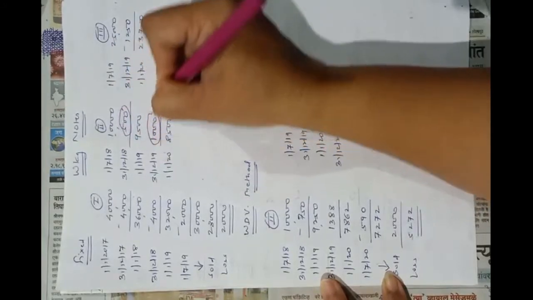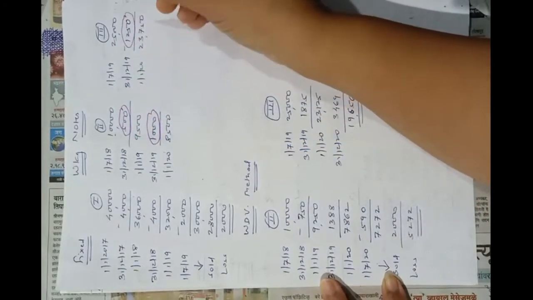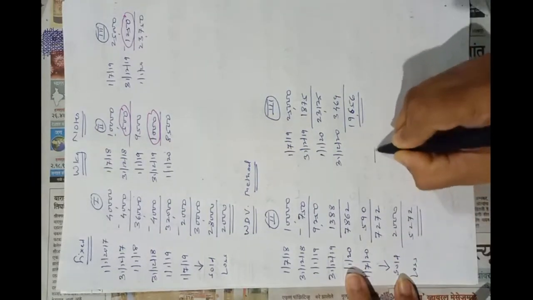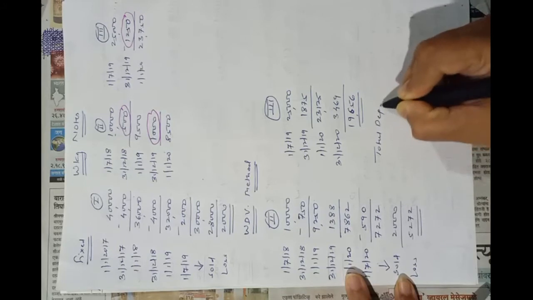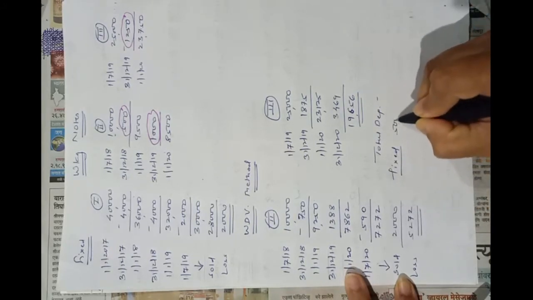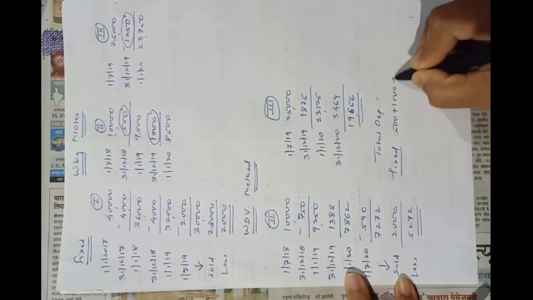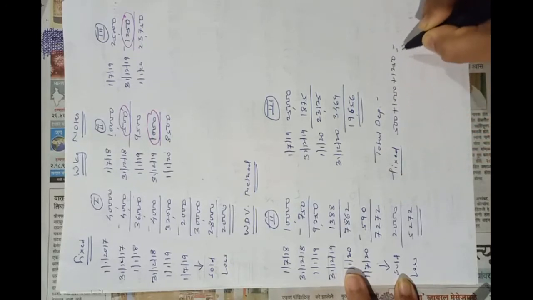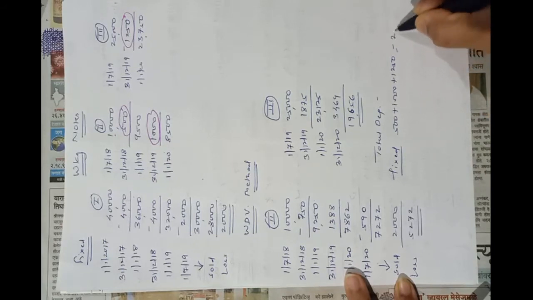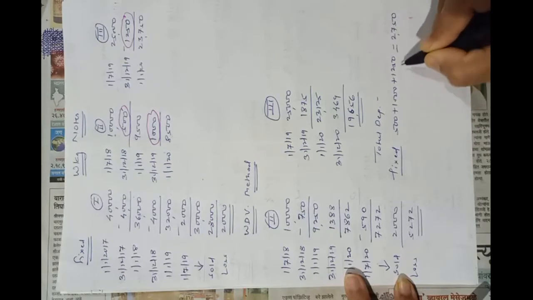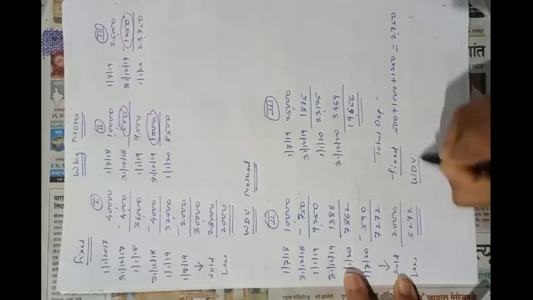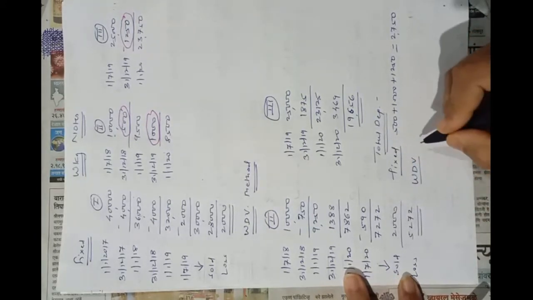500 plus 1000 plus 1250. So total depreciation by fixed method, it is 500 plus 1000 plus 1250. So it is 2750. Correct, it is 2750. By following written down value method, total depreciation is